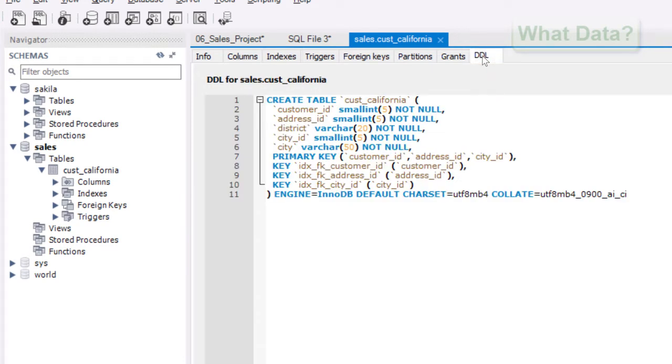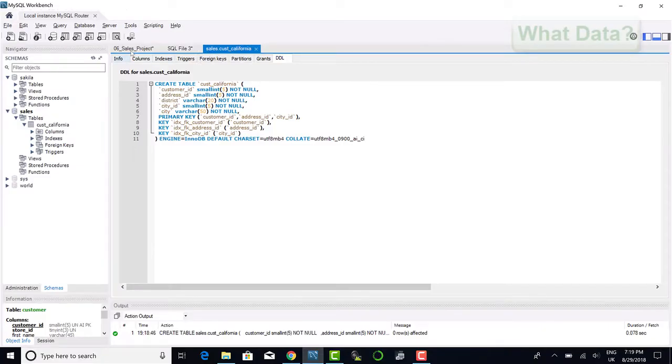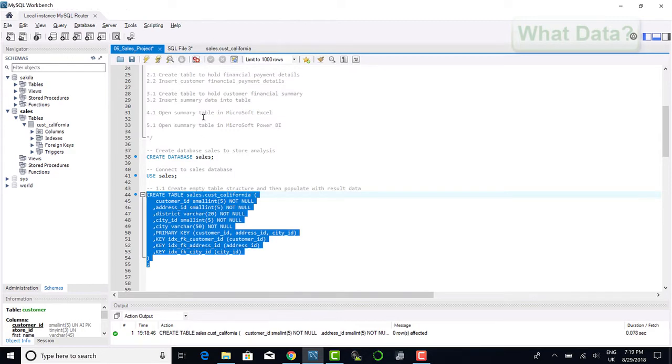Note that if you have not specified a default value to MySQL, then MySQL will insert the default values where required, such as at the end of our create statement we can see the default engine InnoDB specified and character set for Unicode UTF-8. Next we can go ahead and populate our customer California table by using an insert select